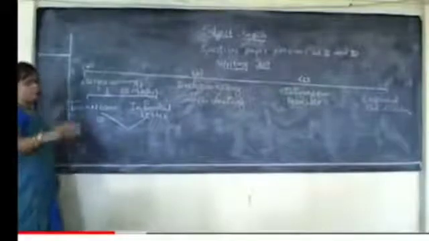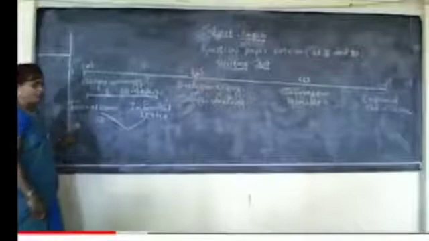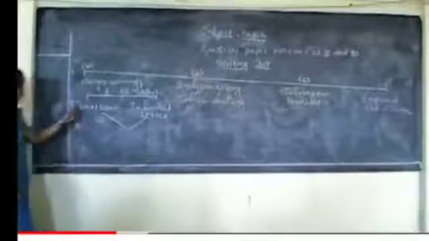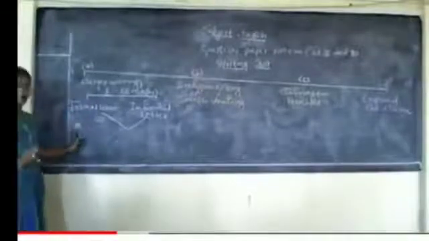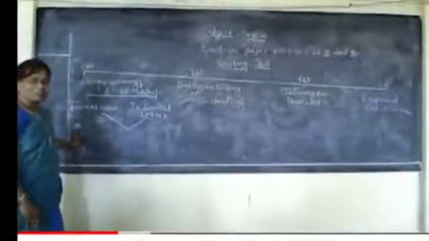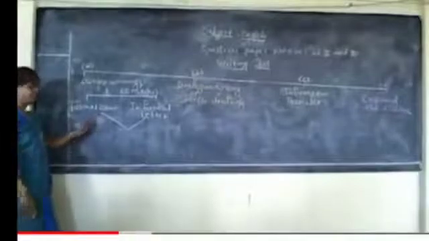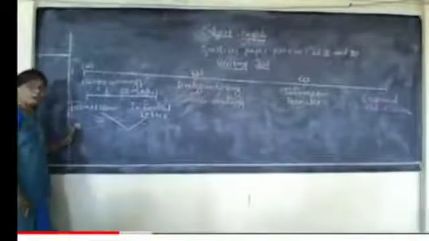Nowadays, there is a new trend while writing the letter. Both the addresses are written on the same line. It's also okay. You can do it also. Nobody will cut your mark for that. Okay. So here you have to write the sender's address and date. Then recipient address, it also carries half mark.